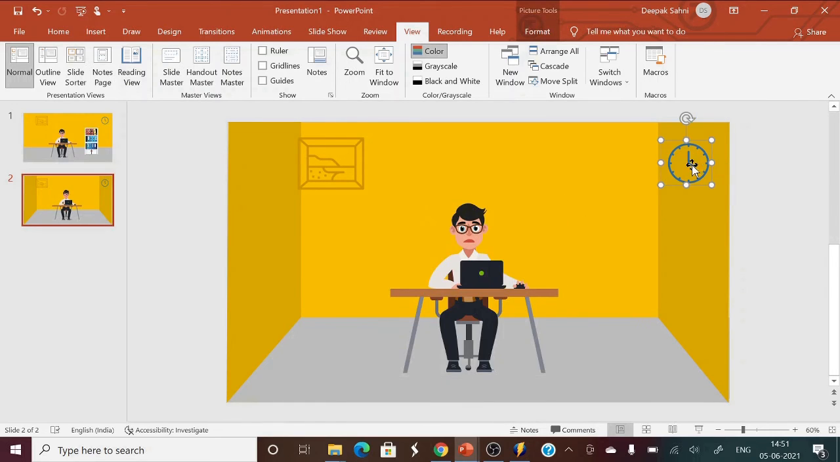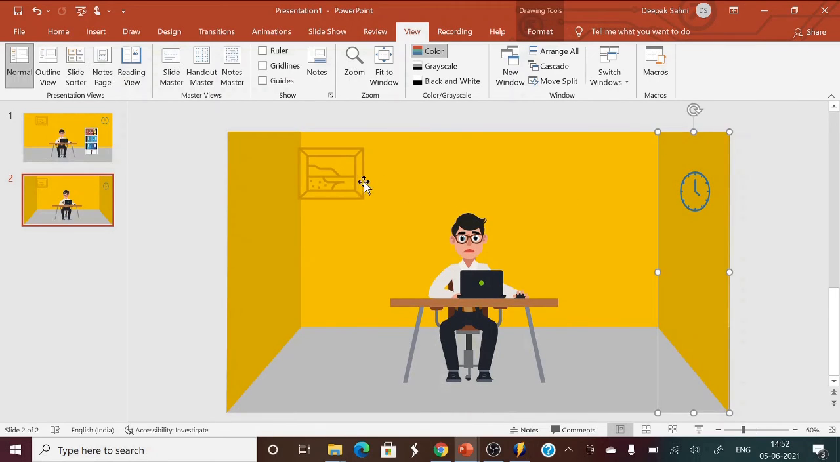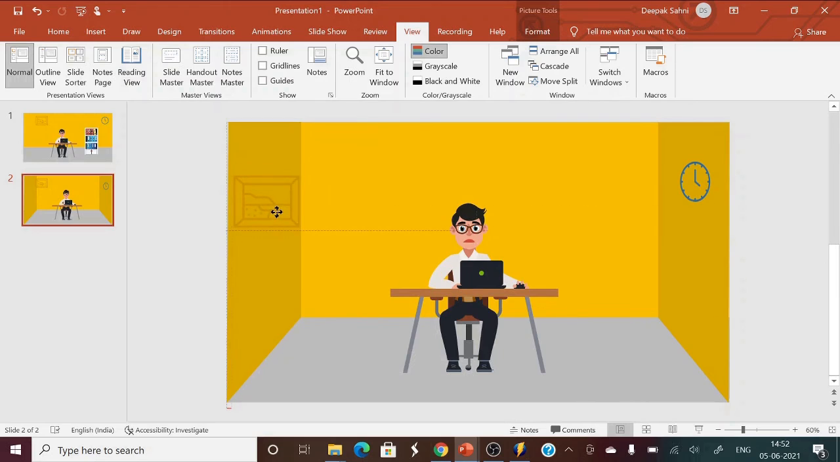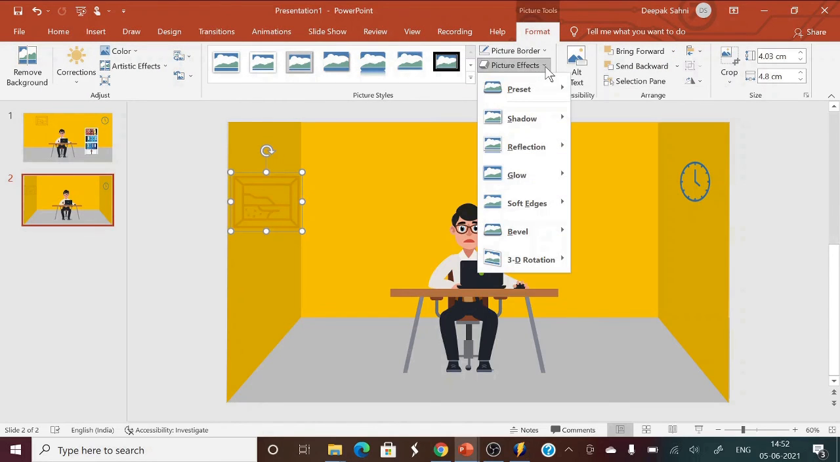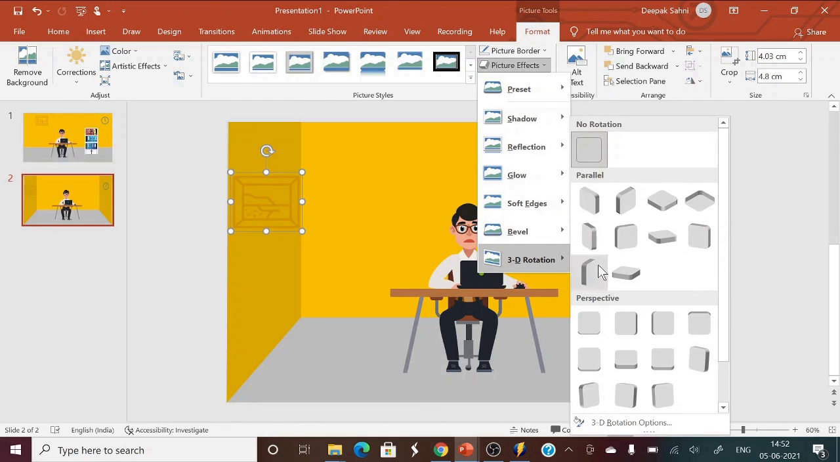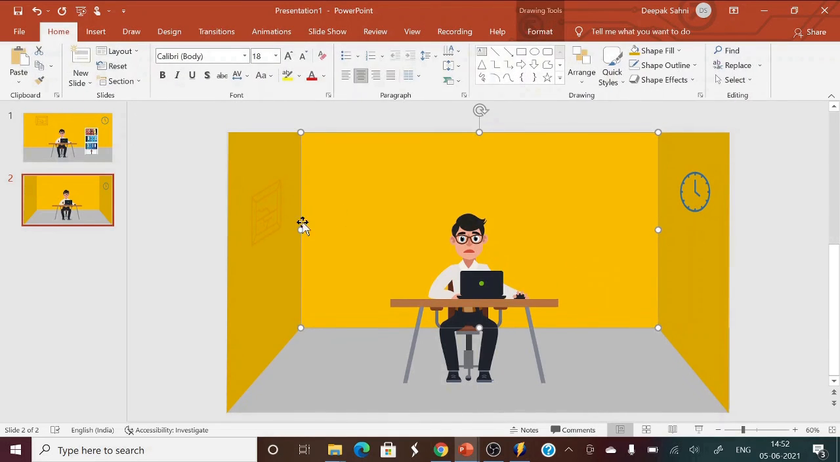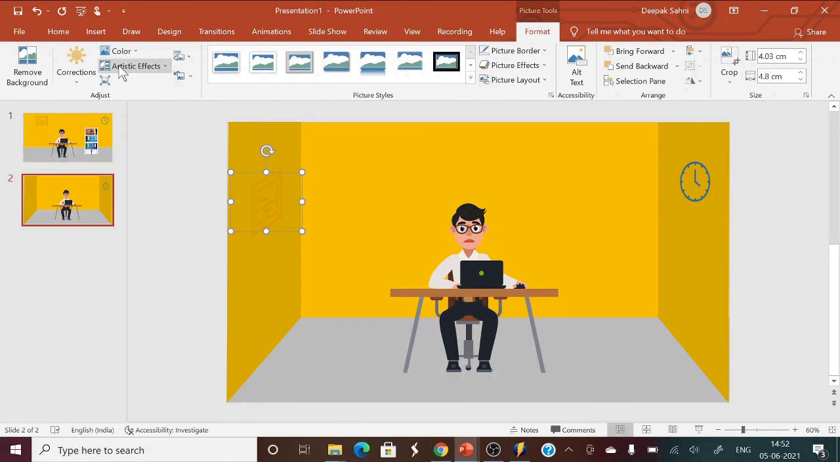What about the clock? I will just make it a bit here, so it looks like it's on the 3D wall. Nice. I will put the painting here, and now I will go to format, picture effects, 3D rotation, and choose this particular. See, and you can change the color